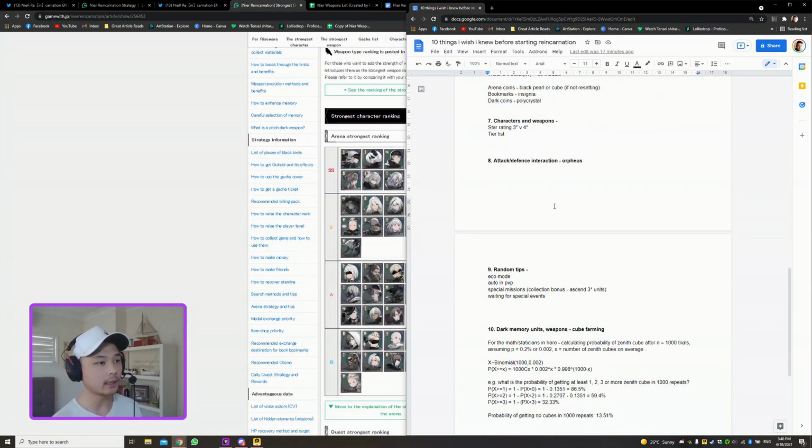Next, we have attack and defense interaction in this game. So obviously the higher attack you have, the better, but how does attack work when you're fighting someone with high defense? So basically it's like an exponential curve. The higher attack you have and the lower defense they have in relation to your attack, the more damage you're going to do. It's not a direct subtraction as you might find in other games, which would be very simple,